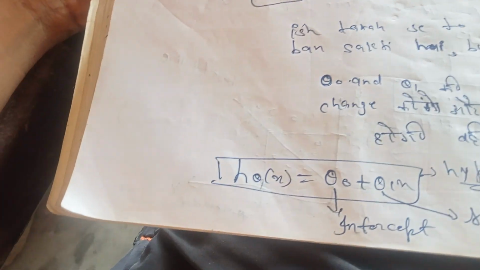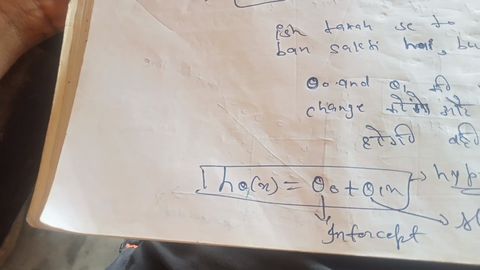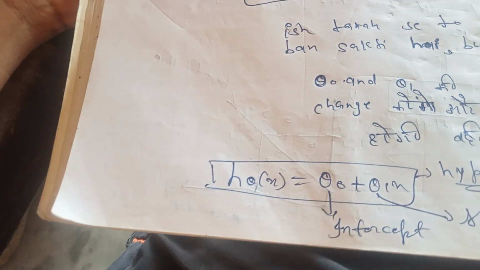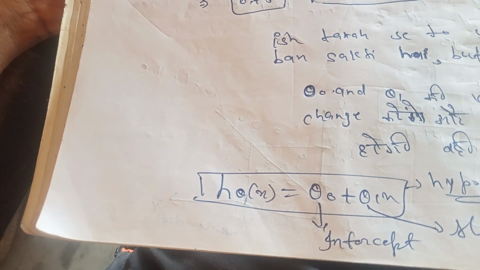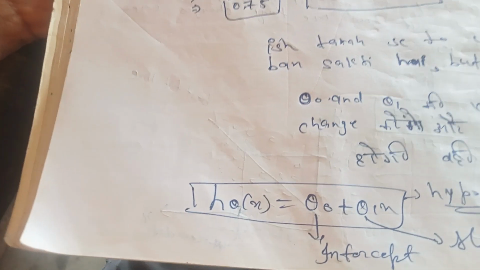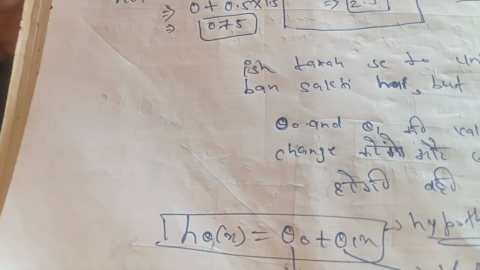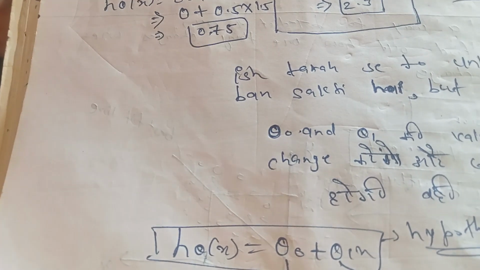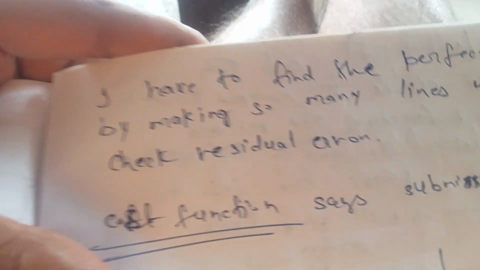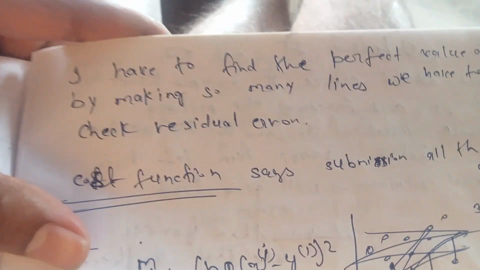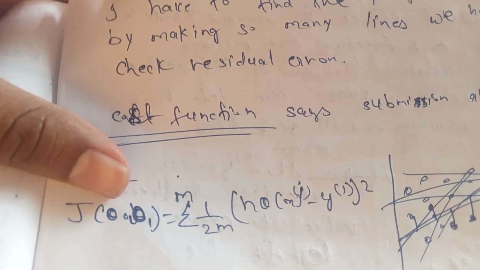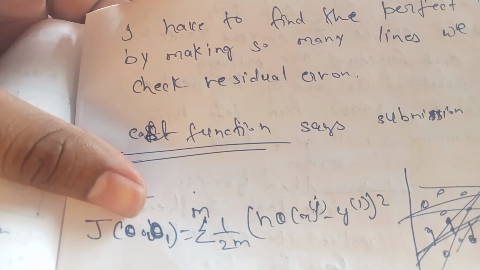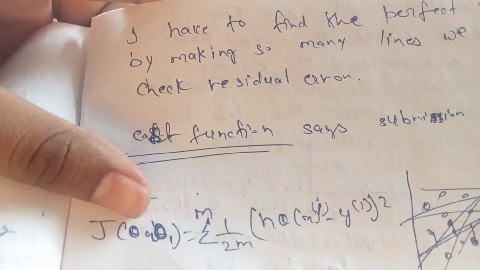Okay, so we will make a hypothesis here, like theta 0 plus theta 1 x, and this is intercept and slope. You can see theta 1 is the slope and theta 0 is the intercept. Okay, but which value of theta 0 and theta 1 will we take? So here you can see I have to find the perfect value of theta 0 and theta 1 by making so many lines,